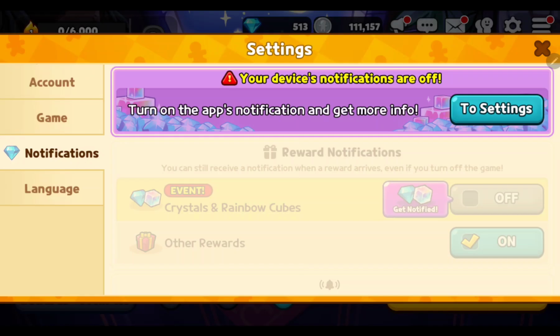First of all, just turn the app's notifications on in the device settings. Click the two settings and enable them, and you can still receive notifications, and you can find